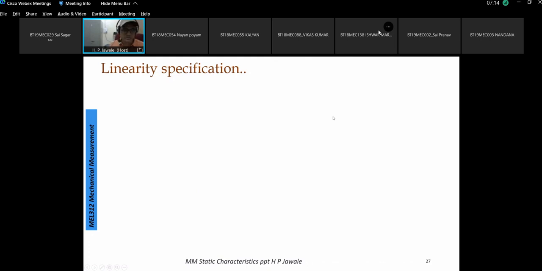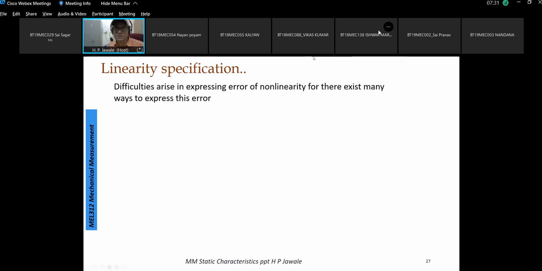So in the last lecture, what we have studied is the specification of linearity, right? Linearity is nothing but the deviation from the standard curve that is designed for the measurement system. So that deviation can be expressed in terms of, say,